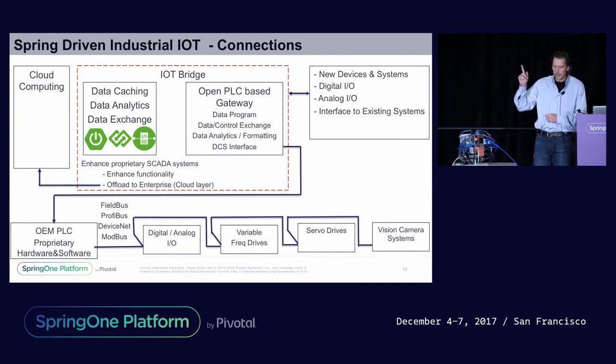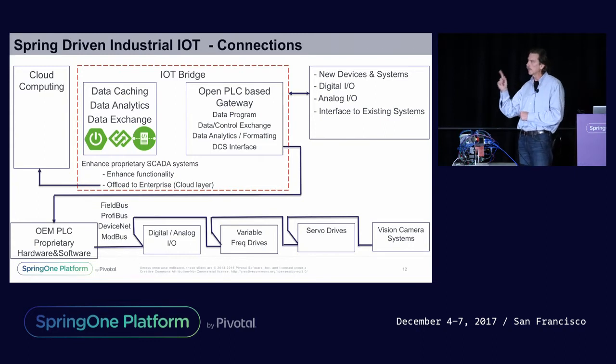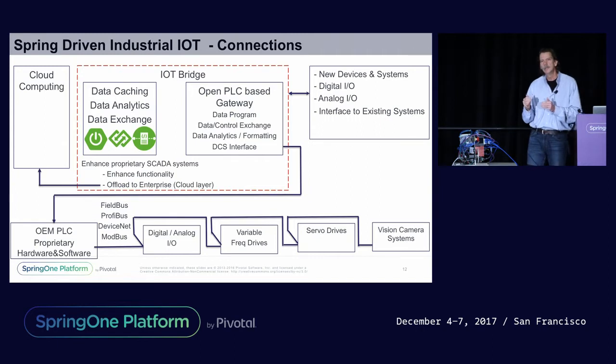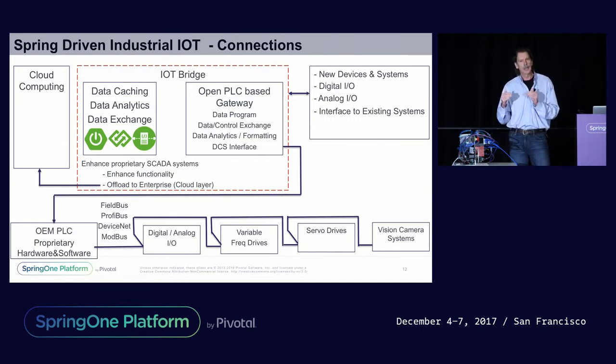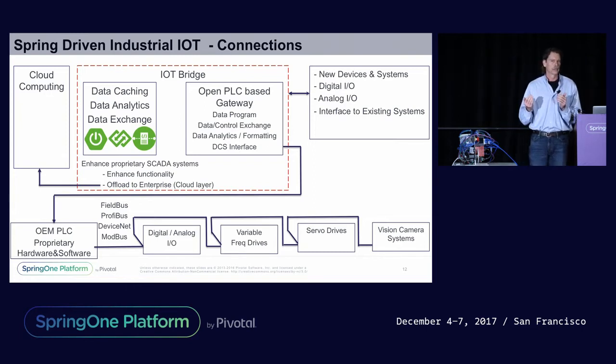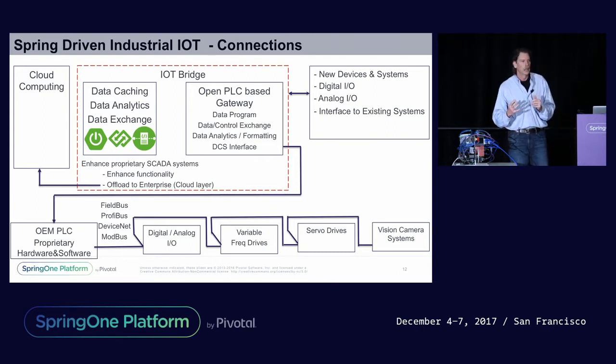So in this solution, we're going to demonstrate the IoT bridge, and we're also going to be demonstrating the use of GemFire as the cache between the isolation level to decouple the IoT bridge and the factory floor from the enterprise. And so GemFire is going to be our decoupling mechanism,